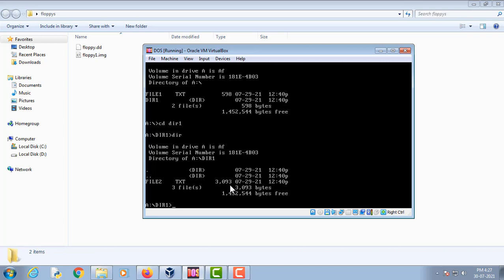So what we are going to do is delete this file and this dir1 folder, and then we will try to recover both the folder and the file.